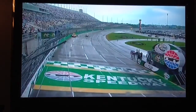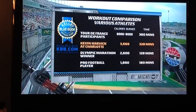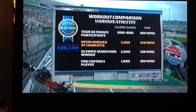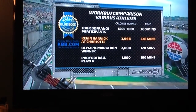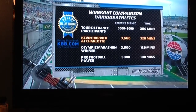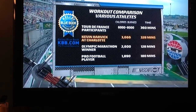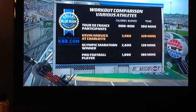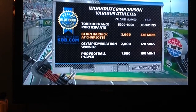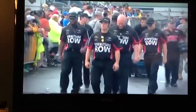More amazing information learned during Harvick's workout program. Now, if you look at his heart rate, it mirrors that of Tour de France participants at their peak range. But you can see back when he won the Coca-Cola 600, he burned over 3,500 calories. Just showing, once again, our athletes in NASCAR comparing to other athletes, that hydration and nutrition so important to peak performance. And you can see the Furniture Row boys heading out to